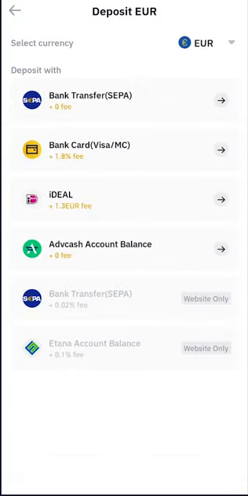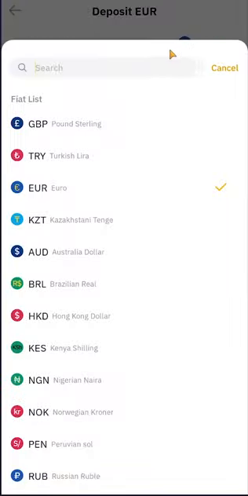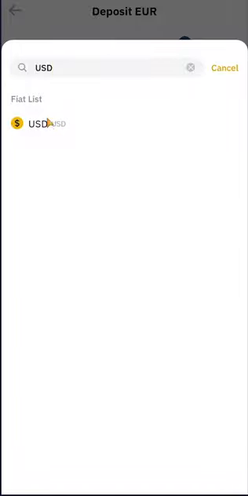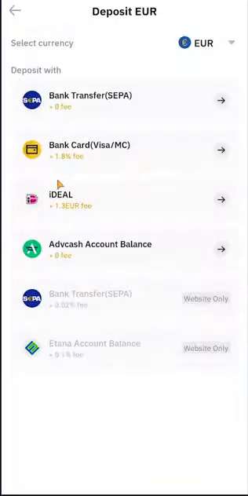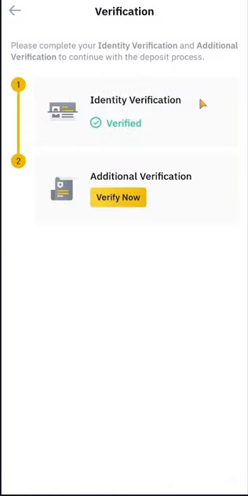When you select to deposit funds, you will see all the available options. Depending on the currency you use, these are your choices. For USD, the deposits can be done on the website only using a wire transfer. These are the options for the British pound, and these ones for the Australian dollars. For Euro, the cheapest option is a SEPA bank transfer. After you added funds to your Binance account, you'll be able to use the fiat balance option.